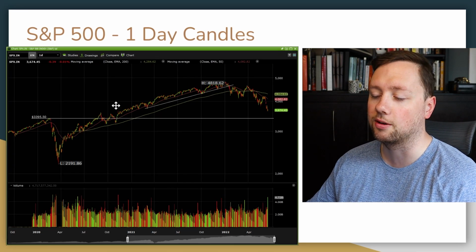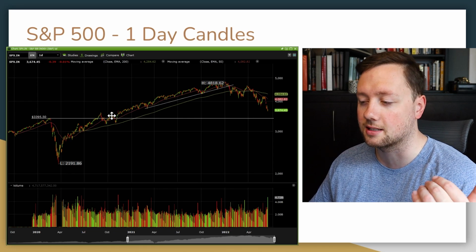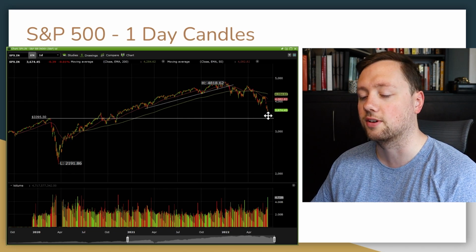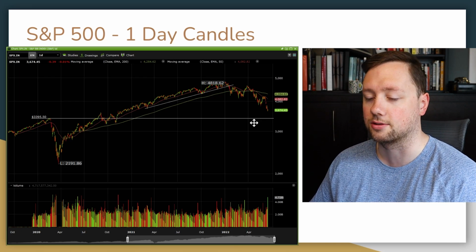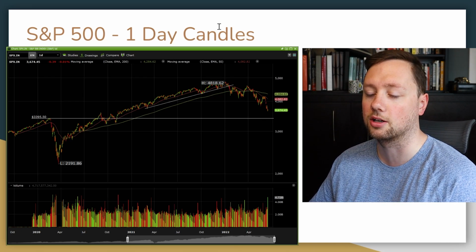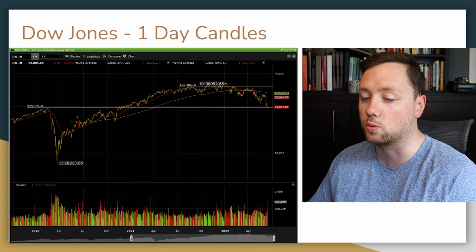When we look at the S&P 500, it is also very clear that we have given up a lot of the gains since COVID, and it looks like we are very likely going to come back down and test those pre-COVID highs. So it's going to be very interesting to see what happens here. It looks like we could see a little bit more pain in the S&P 500 as well as the NASDAQ,